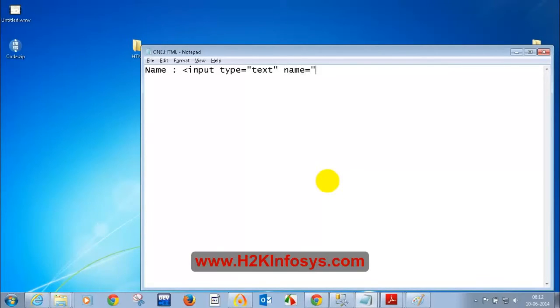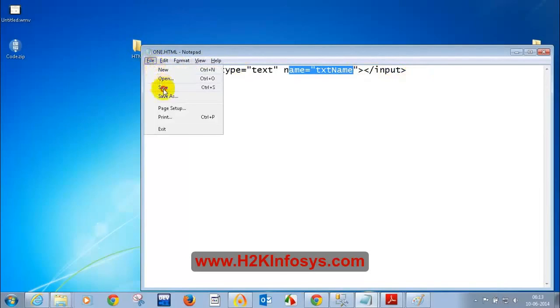I normally give the name like txt, because it is a text box, so I'm giving txt as a prefix, and this text box is for name, so I'm giving name. Then I'll close the input tag. So this is how we need to write: input type is equal to text for a text box, and name is equal to txtName, and close the input tag. So if I save it and if I